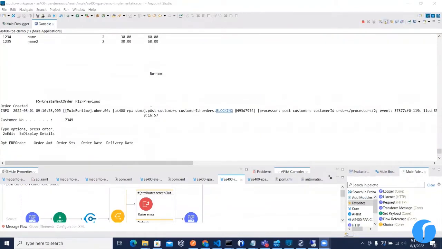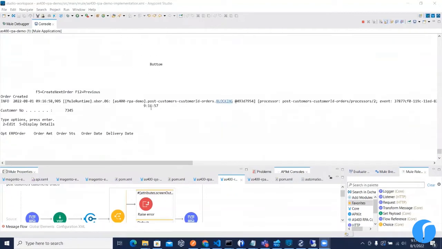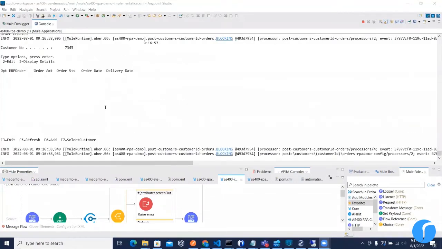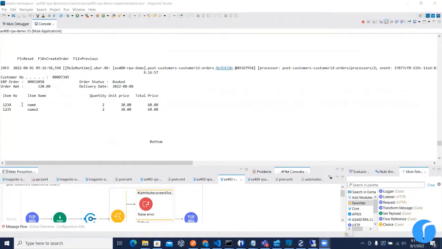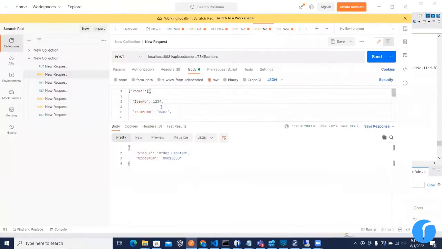All right, as you can see, we have sent the order create, and we now have a bunch of screens printed to our console. That's because we had the debug mode on. You can see the item name is the same, corresponding to our payload here. You can also see that we have a successful response: order created at order number